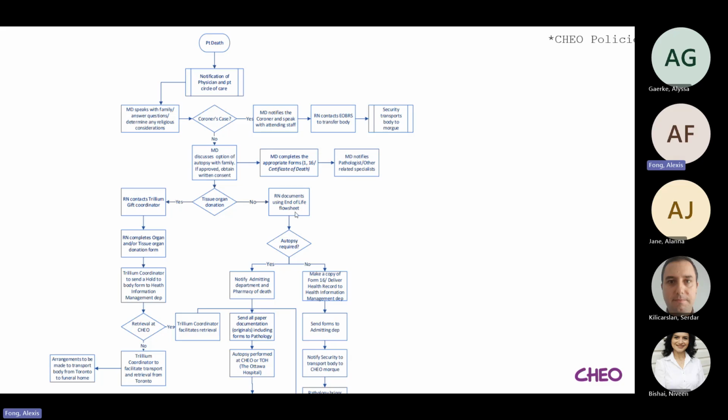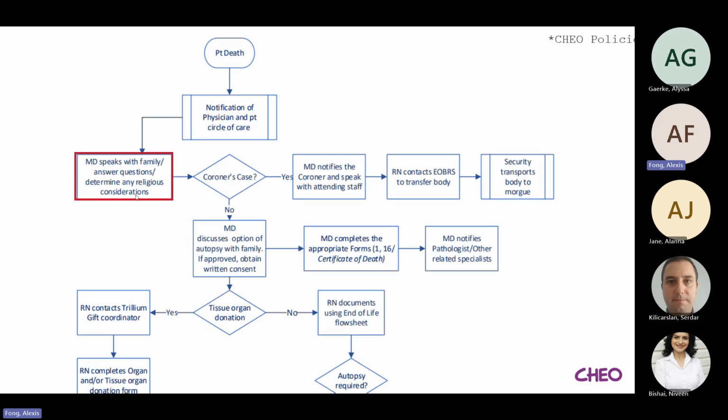This is from CHEO policies. I did my fellowship training here. I did my residency training in Halifax. So the actual algorithm itself, this flowchart, you don't need to know. It's just a framework that I'm going to use to run through the things that you would do after someone dies. So zooming in,